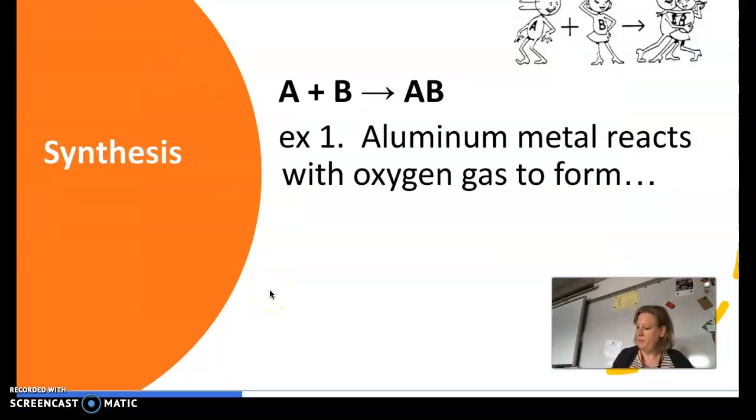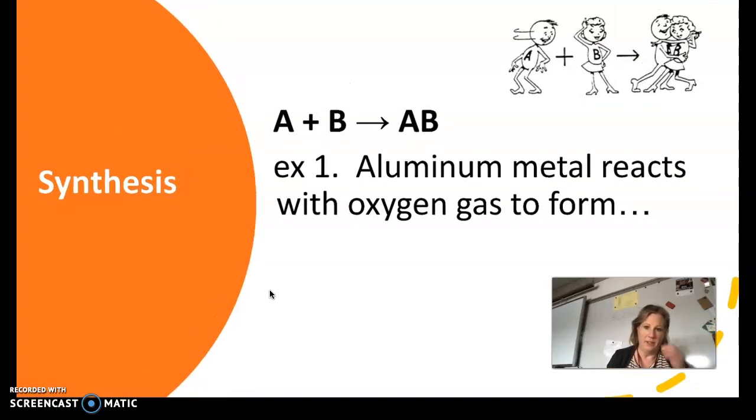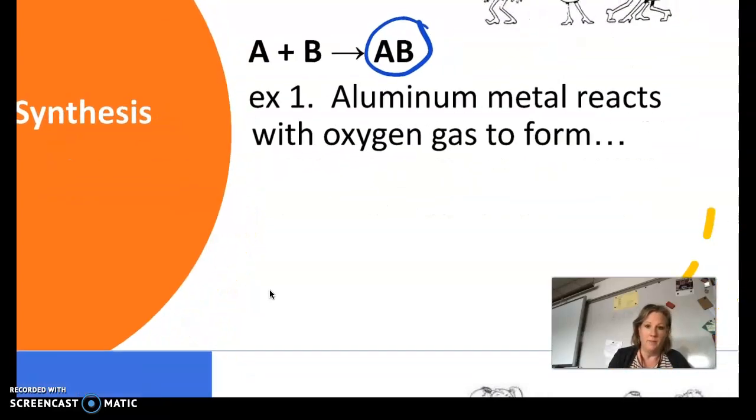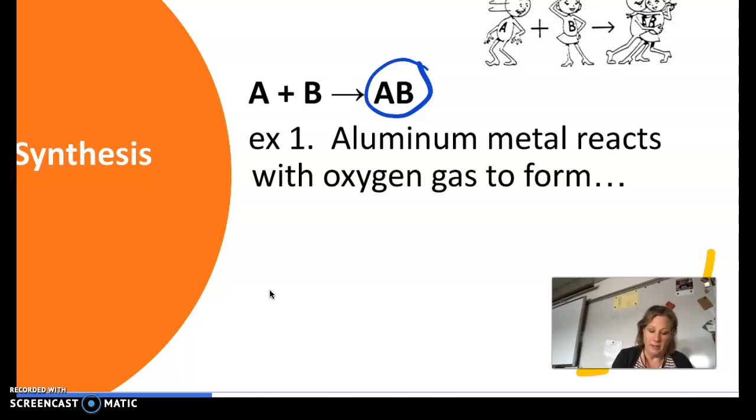Hey, this is a continuation from the types of reactions, and now we're going to do a little bit more of that predicting products. So we're going to start with synthesis. In synthesis, the giveaway is that you're only going to have one product. An example that I have here: aluminum metal plus oxygen gas, remembering oxygen is diatomic, will form